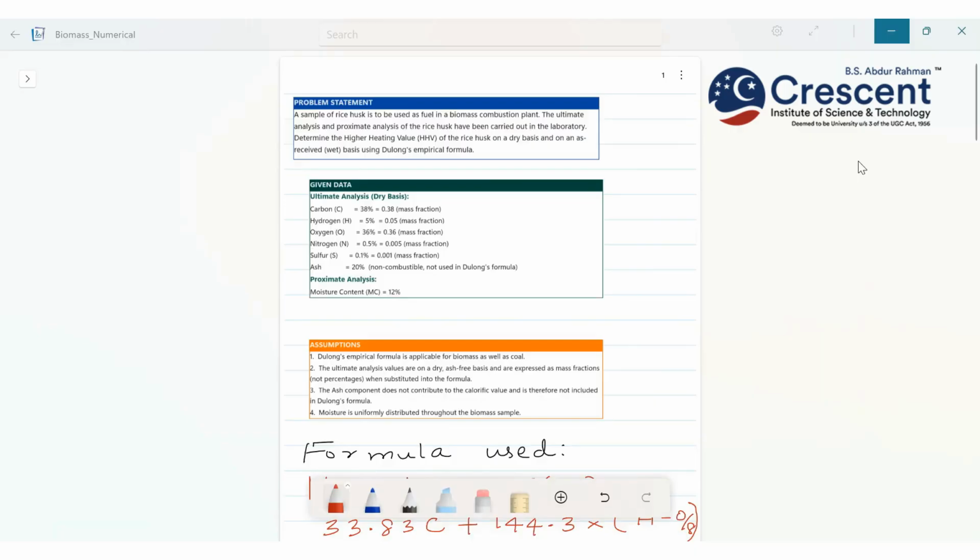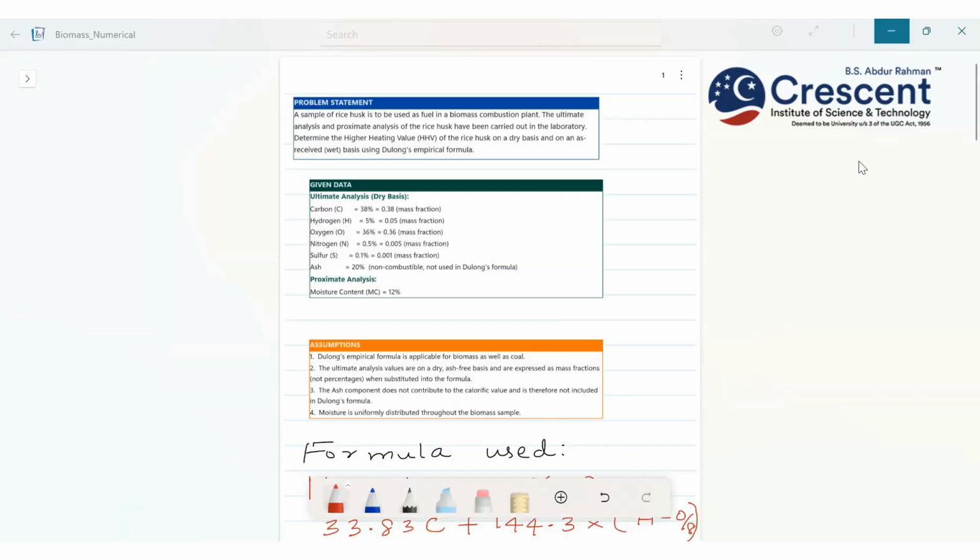A sample of rice husk is to be used as fuel in a biomass combustion plant. The ultimate analysis and proximate analysis of the rice husk have been carried out in the laboratory. Determine the higher heating value, we call it HHV, of the husk on a dry basis and on an as received, that is wet basis, using Dulong's empirical formula. And the data is given